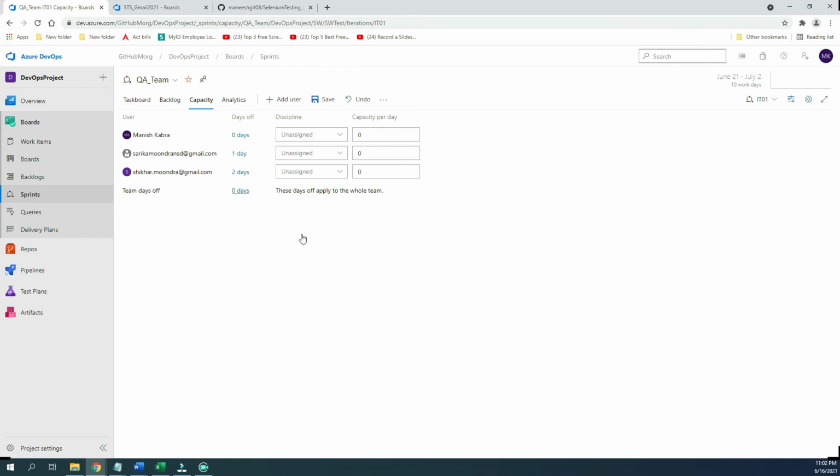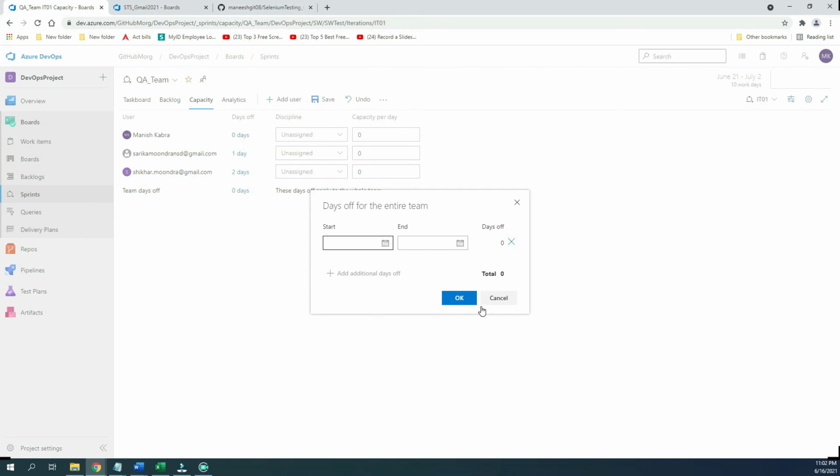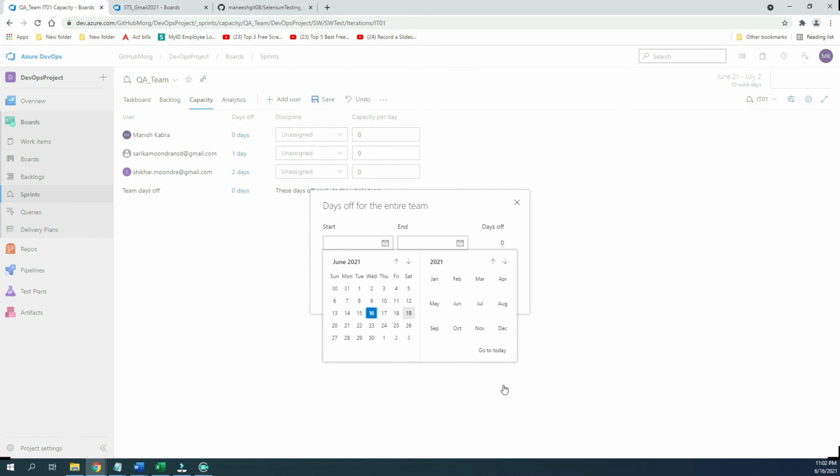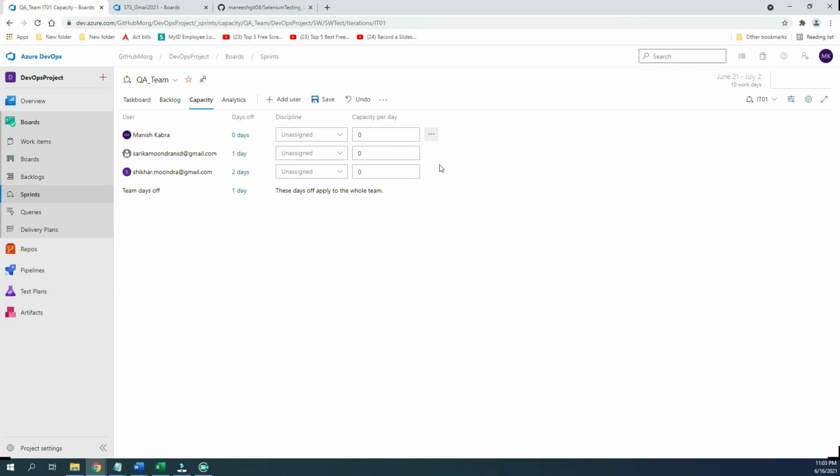And there might be one holiday at the team level. Let's say the 29th is a team day off, so define it here. The capacity we can define here per candidate. This person might be a scrum master, with a capacity of 4 hours per day. And these are the proper QA engineers, and they have a capacity of 6 hours per day. Just define this and then save it, and you will find the work details here.